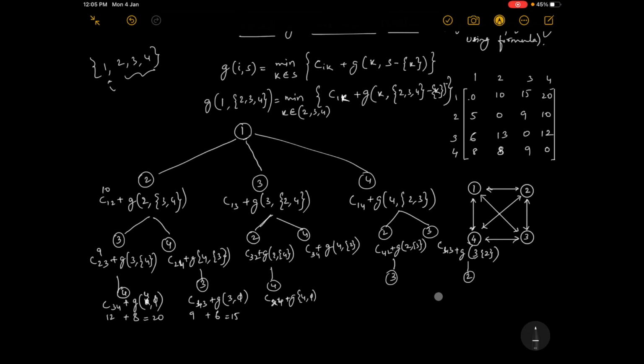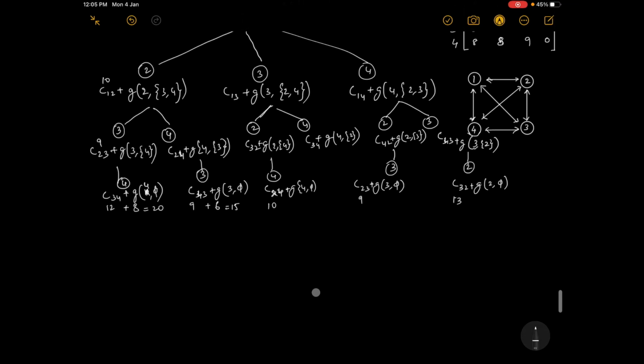So if I complete this, see 2 3 plus g of 3 comma 5, see 3 2 plus g of 2 comma 5. What is 5? Initial. Now we'll have to write the values. So what is this value? 13. What is C23 value? Okay, 2 and 3. What is the value? 9. C24, 2 is this, 4 is this, 10 is the value. Correct. Now you have to write this value.